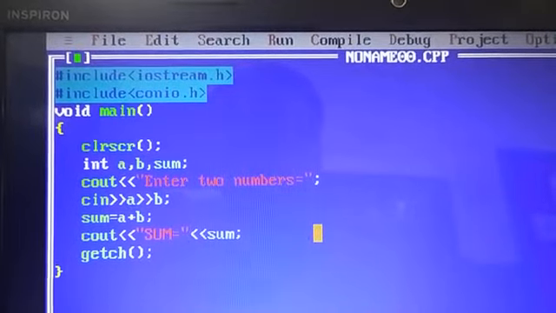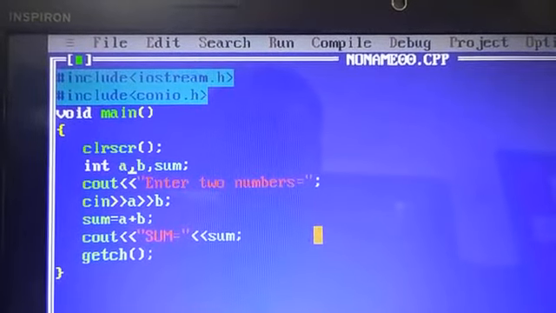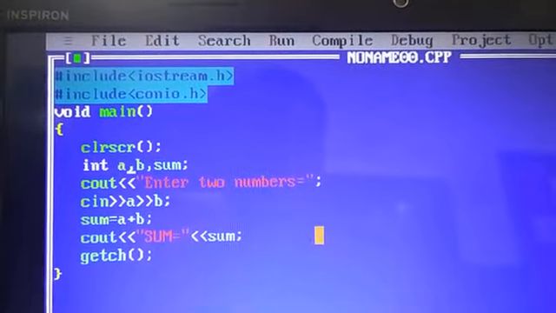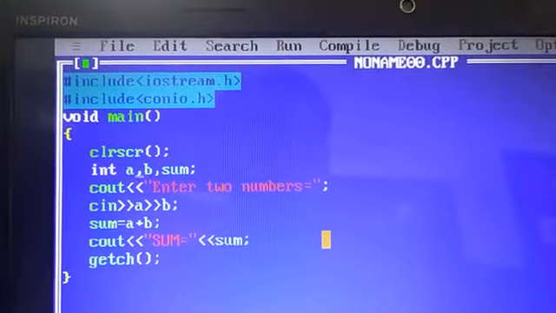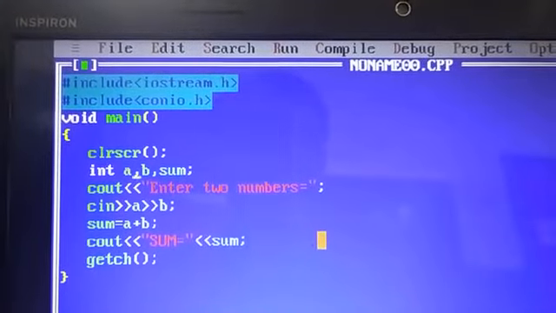A variable is the same thing as when you want to save anything in computer memory: you have to give it some name. Same thing here, I want to store the numbers in this program, so for that I will give the variable sum.